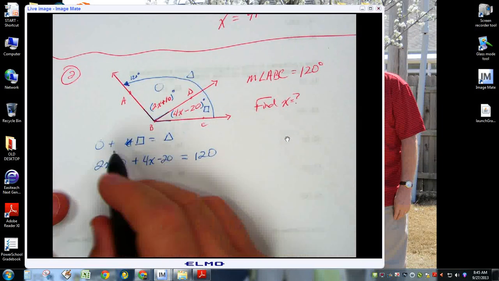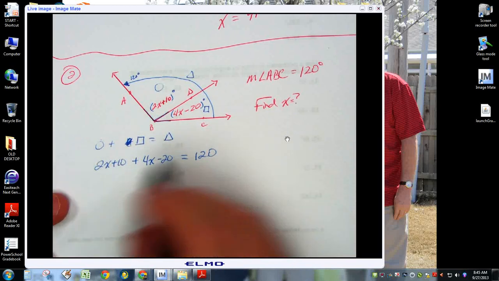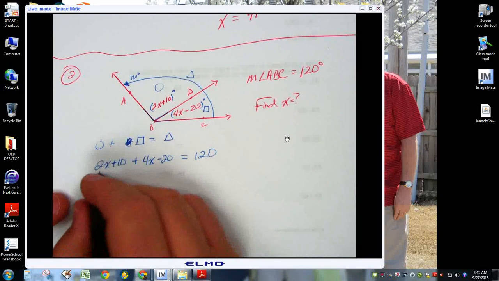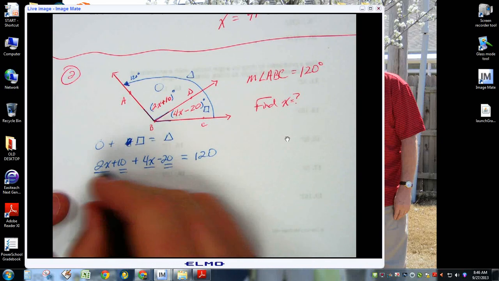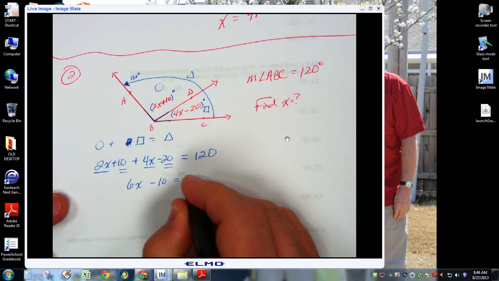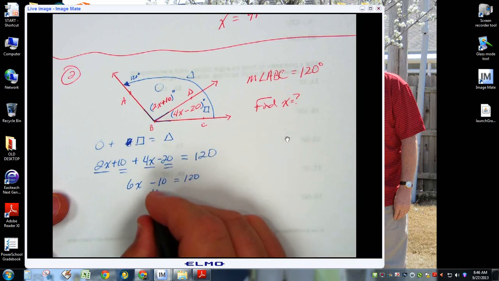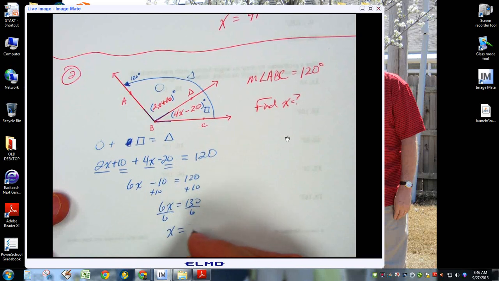Now I've got this big ugly equation, 6x. But whenever it's ugly and it looks weird, you should remember this from algebra, there's probably some simplifying to do, like some like terms to add or some multiplying to do, and there is, isn't there? 6x minus 10 is equal to 120. Add 10 to both sides, 6x is equal to 130. And then x is equal to